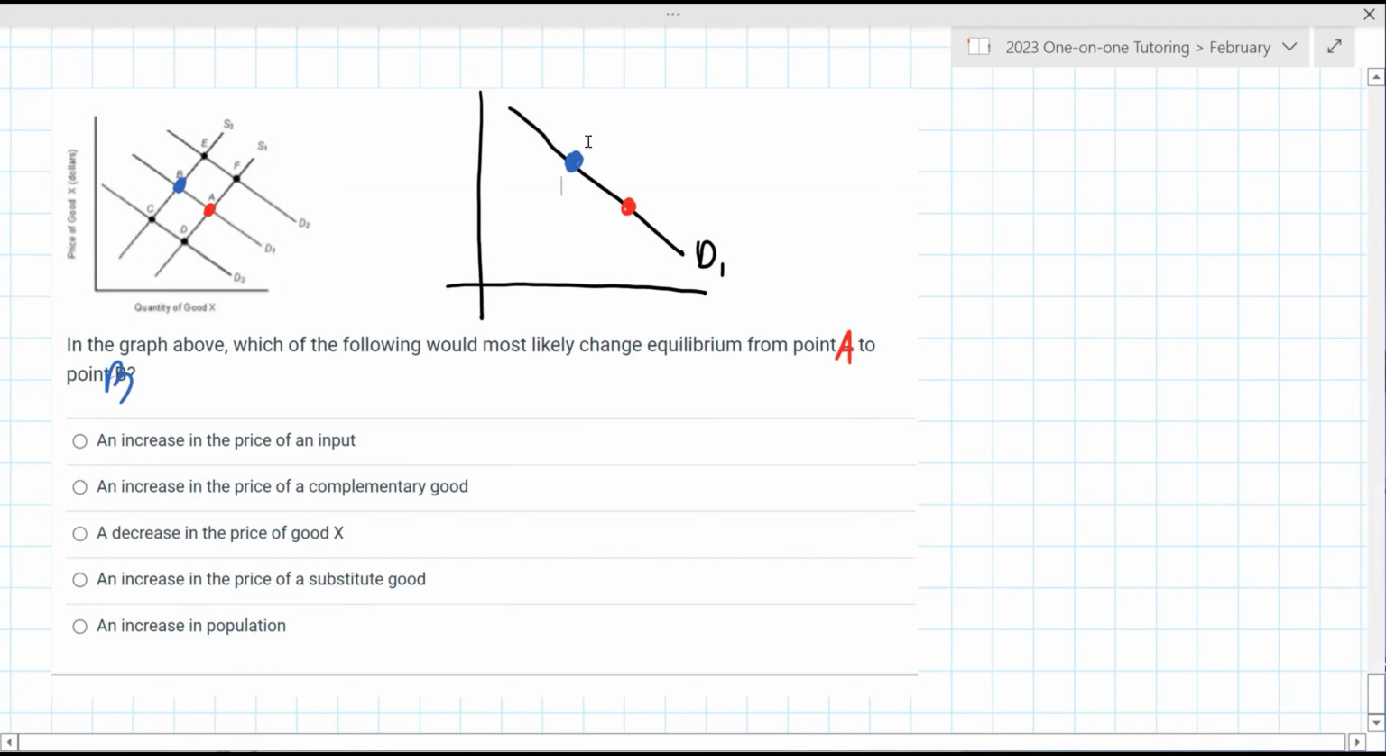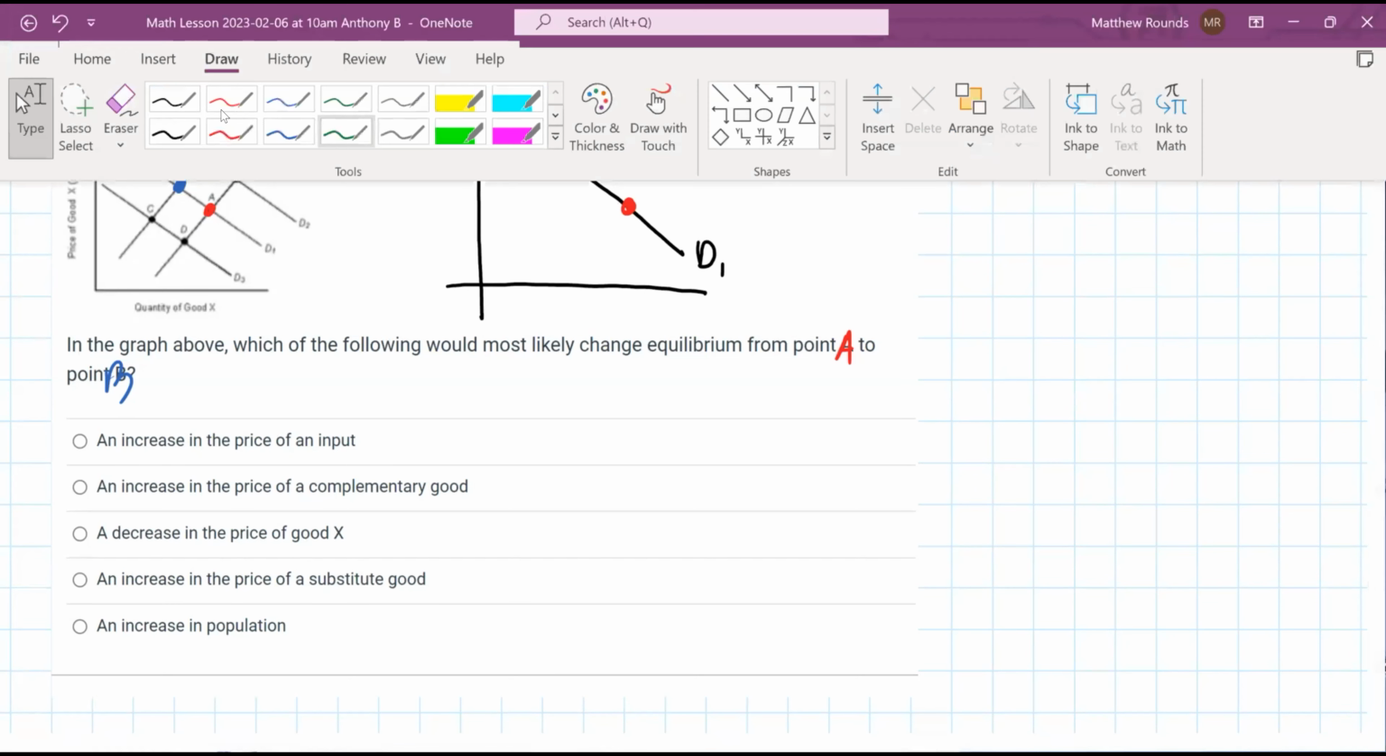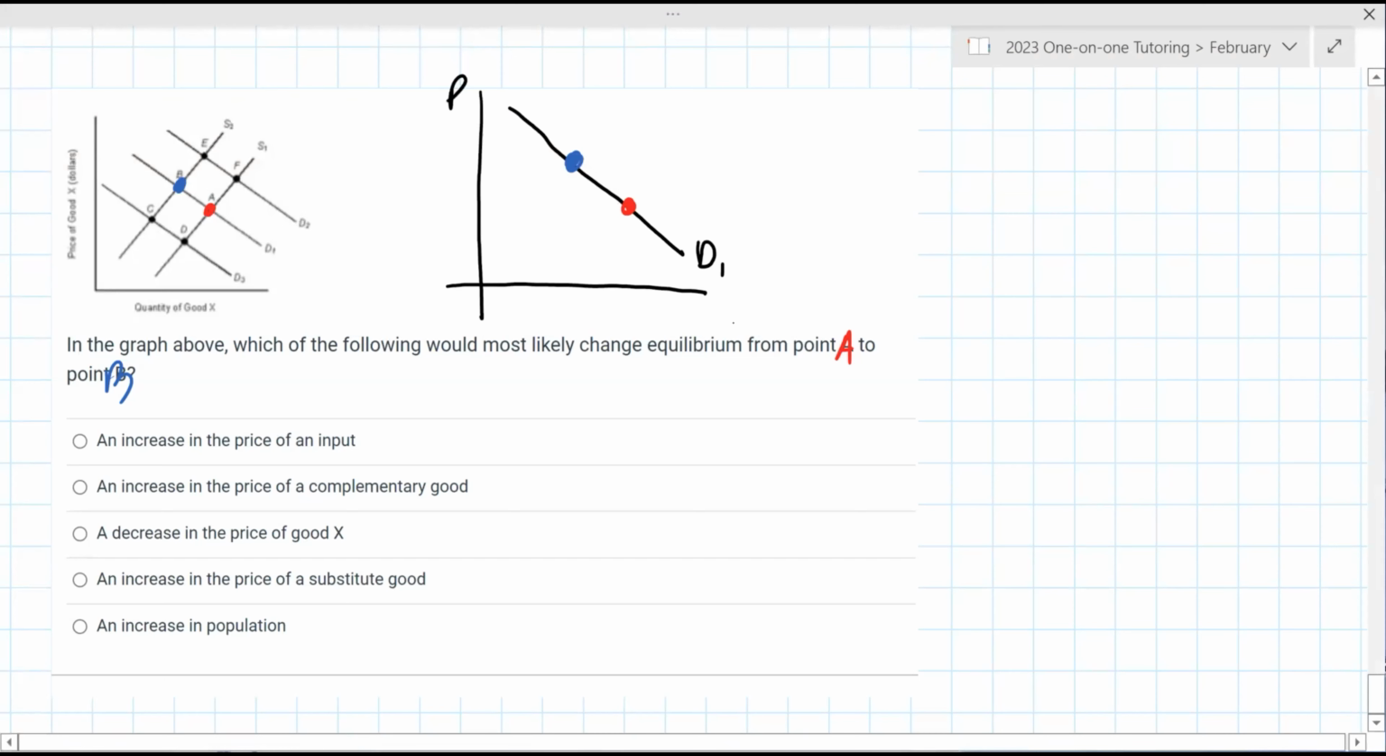But you got to be careful. Which way is the change in price? Price is here, Q is here. So the price was, we'll say $5 and now it's $7. Did the price go up or down? It went up. So this third answer here, a decrease in the price of good X, that's wrong. It's actually an increase in the price. If that were the case, like if,